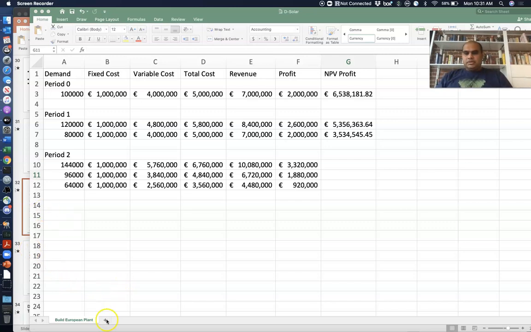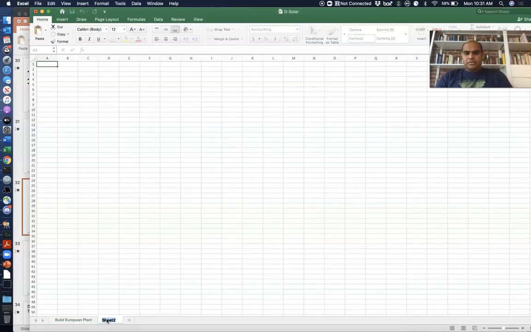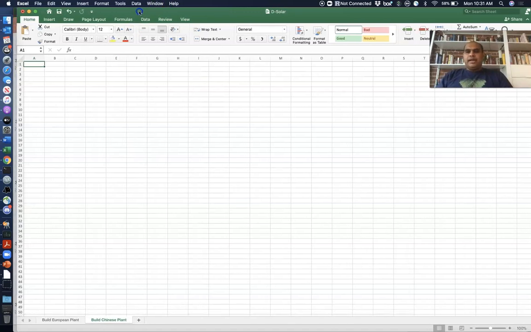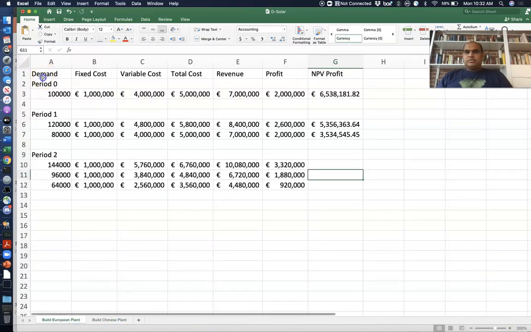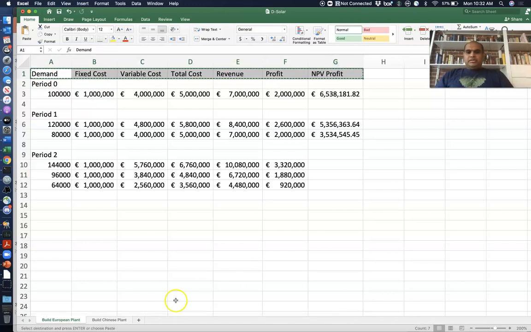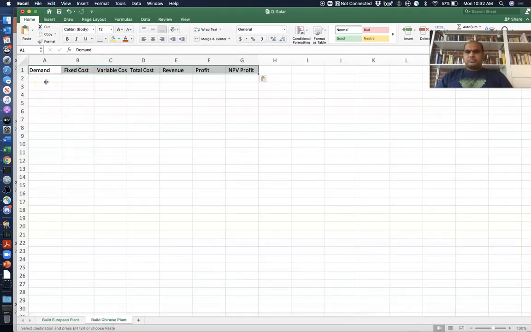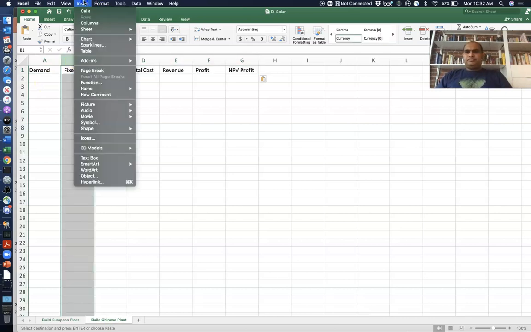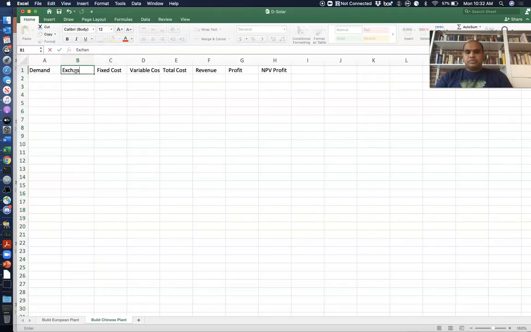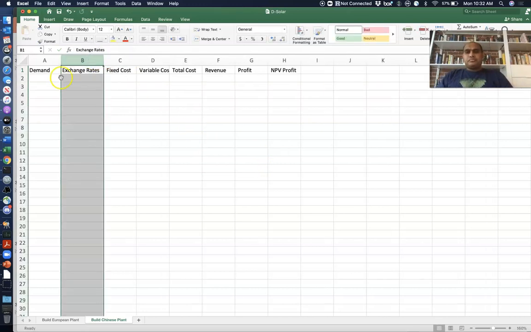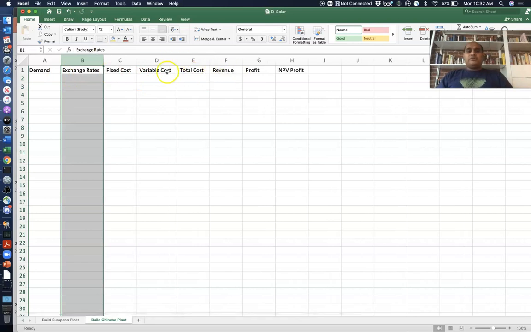So let's proceed. Let's look at the case where you're building a plant in China. Now here we have to keep track of both demand and exchange rates because both can be variable. So we need these, but we also need a few extra columns, right? We first need a column where we keep track of exchange rates. Further, we also need to have a column where all the costs are and the revenues,